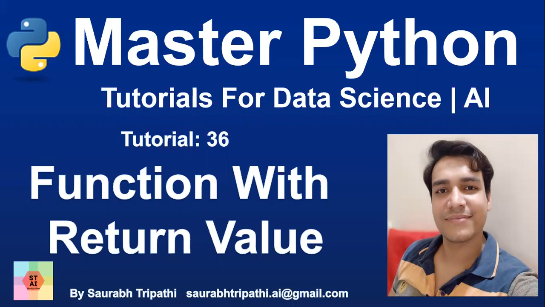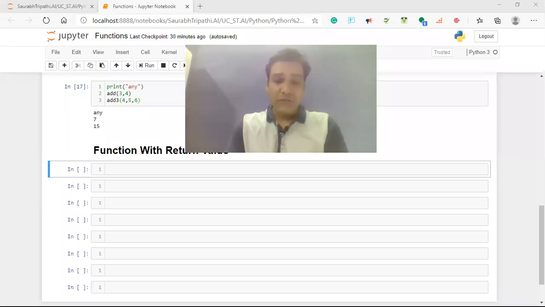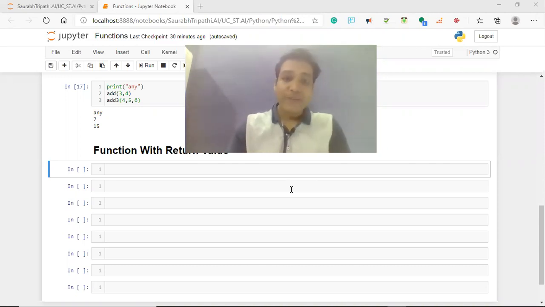Okay, so let us create a function, return a value, and see the output. Let's start with the video, guys. As discussed, we will combine all the learning up to this point. We are creating a function. The same way, we will take two inputs and return the sum, the addition of these two values, to the caller. Wherever we are calling this function, we will return the sum value to this caller. Let us see how it really gets done.